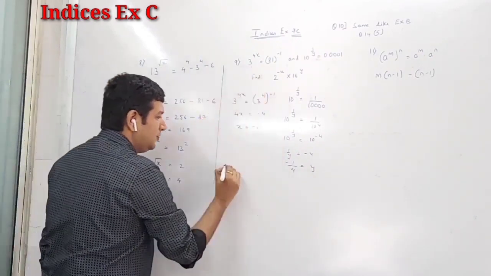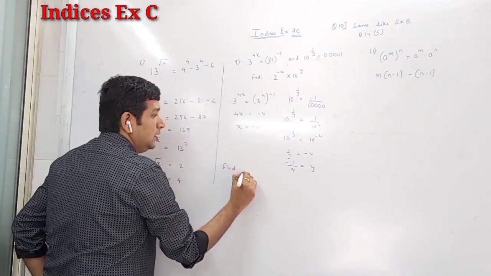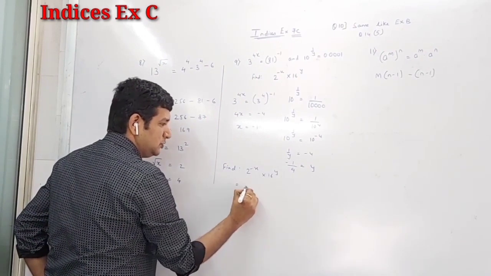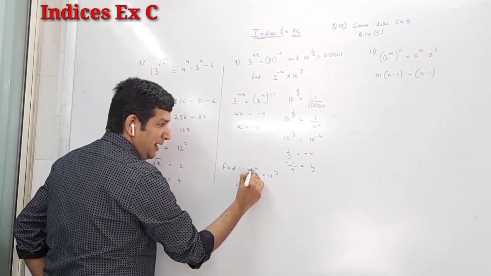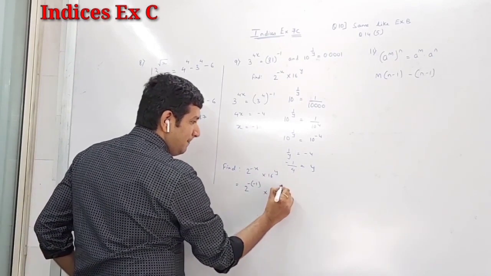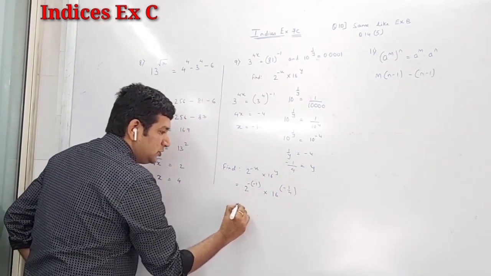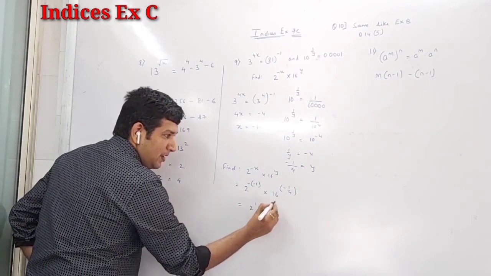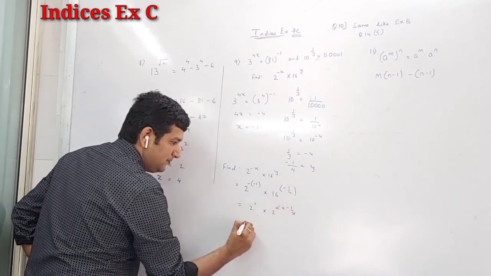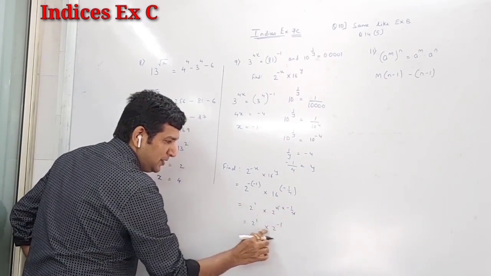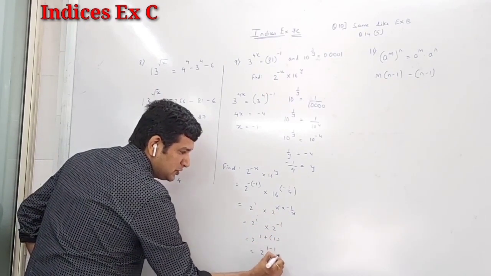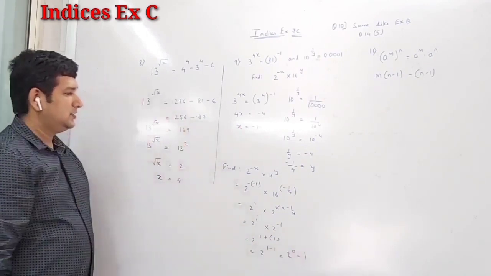I just have to find the value of 2 raised to minus x into 16 raised to y. What is x, students? Minus is there and x also is minus 1. 16. What is y? Minus 1 upon 4. So minus and minus is plus, 2 raised to 1. Here, this is nothing but 2 raised to 4 into minus 1 upon 4. 4 will get cancelled. So 2 raised to 1 into 2 raised to minus 1, base is the same. So 2 raised to 1 minus 1 is 2 raised to 0, which is 1.